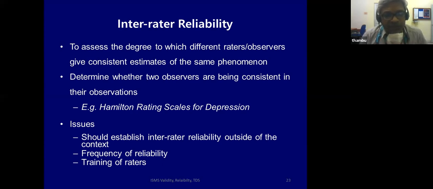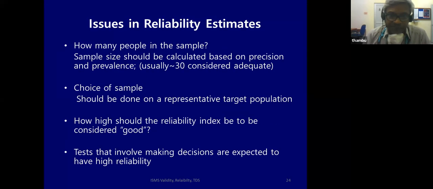And the third thing is you must train the raters. If you want 2 or 3 different people to reliably check this Hamilton scale, you need to have some classes for them. This is the scale. This is how it's administered. If you do all that and train them up properly on maybe some dummy patients being observed by somebody, then you will make sure that the inter-rater reliability is good. It's also important because we really want people to do the same scale properly. You must invest in each of these areas.